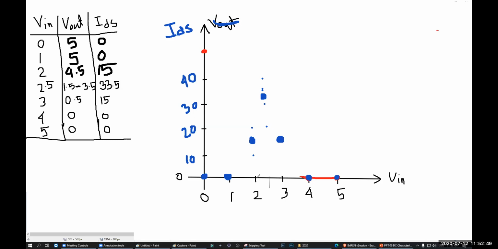So if we connect the line, our graph looks like this, right? This is the IDS versus Vin graph. This graph is not that important like the previous one. The previous one was the important one. Understood? Yes, sir. So this completes your VTC, or voltage transfer characteristics curve, of a CMOS. This is how we do it in the software. So software is much easier, right? Yes. Okay. So that is the end of the class.